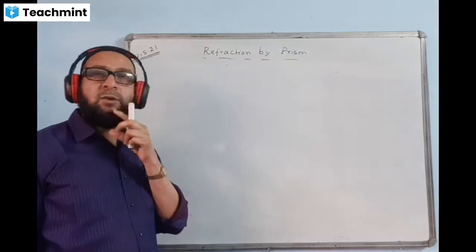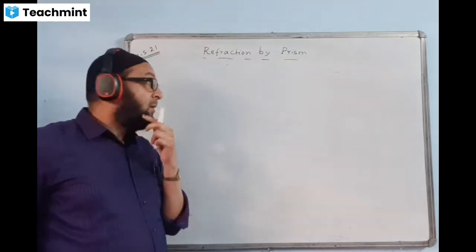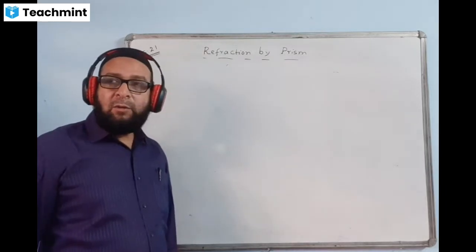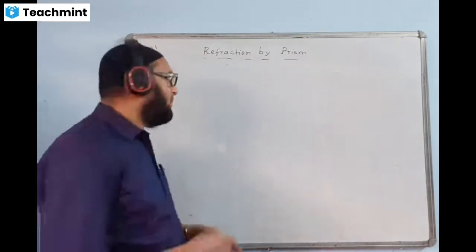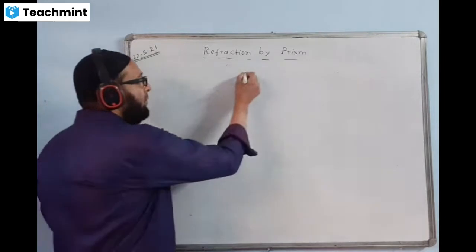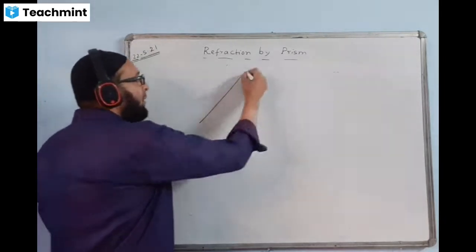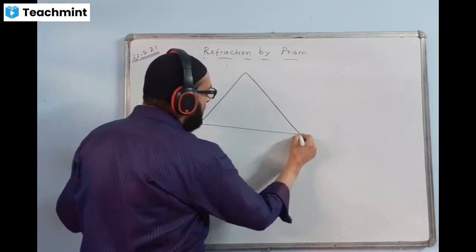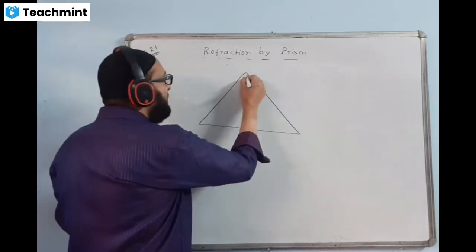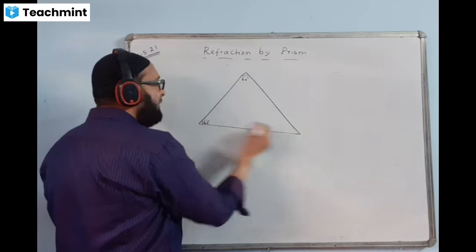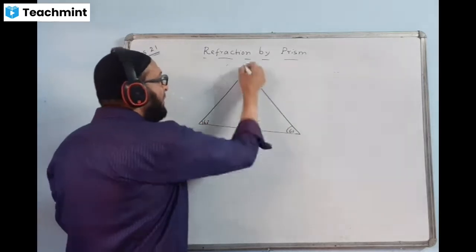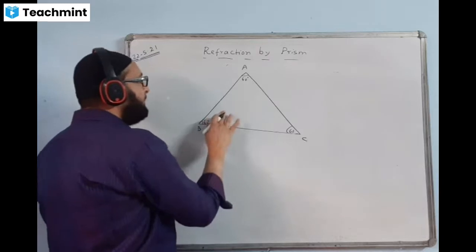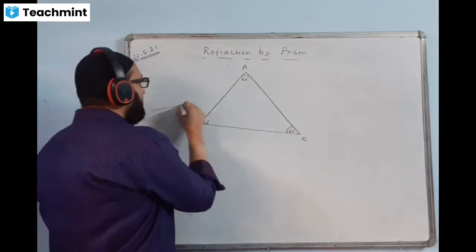Okay, this thing you used to do in class 10 also. They will ask you to draw a labeled diagram to show the minimum deviation by a regular or equilateral prism. Okay, we draw. All the angles will be labeled. This angle will be 60 degree. Here also let us mark 60 degree. Here also mark 60 degree. This is A, this is B, this is C. Ray of light is coming like this.